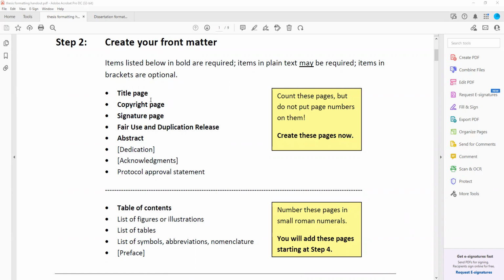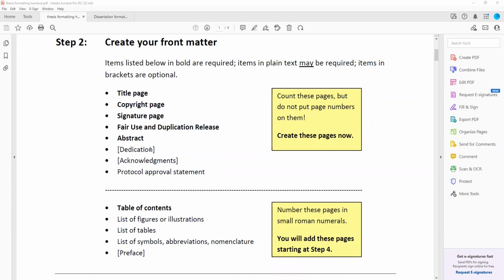In bold are the things that everybody has to have, regardless of whether you're writing a thesis or a dissertation. So title page, copyright page, signature page, fair use and duplication release, and abstract. All of you have to have that.